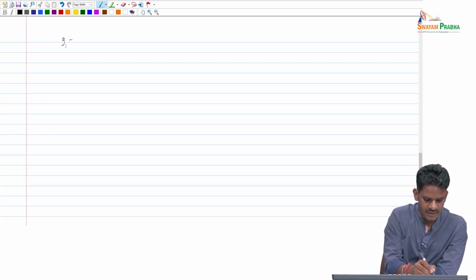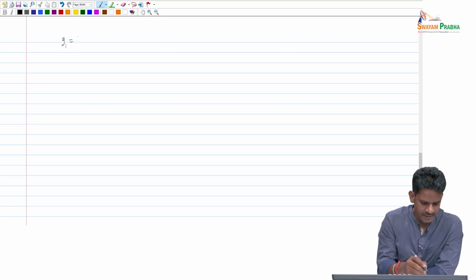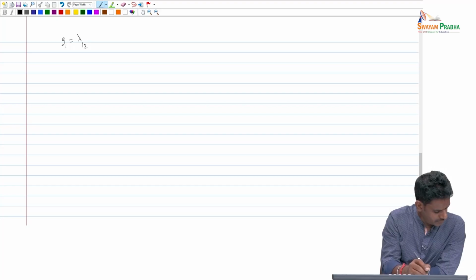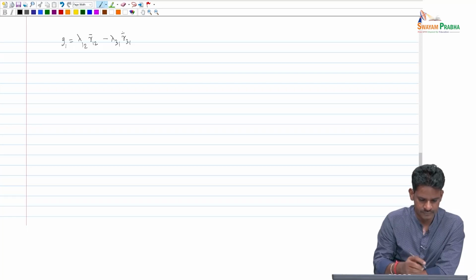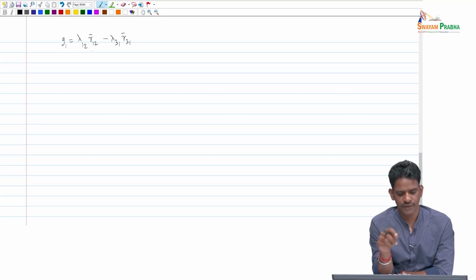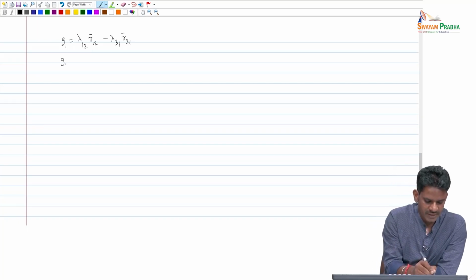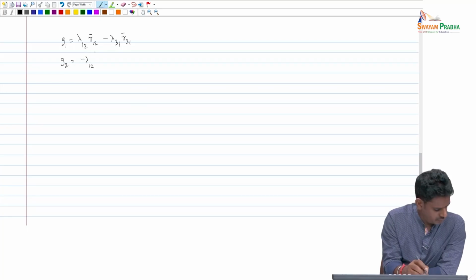So G1, the constraint force on the first atom, is lambda 12 R12. So this is a vector. This R12 is the vector between atoms 1 and 2, and similarly R31 is the vector connecting 3 and 1. Similarly, G2 here is minus lambda 12